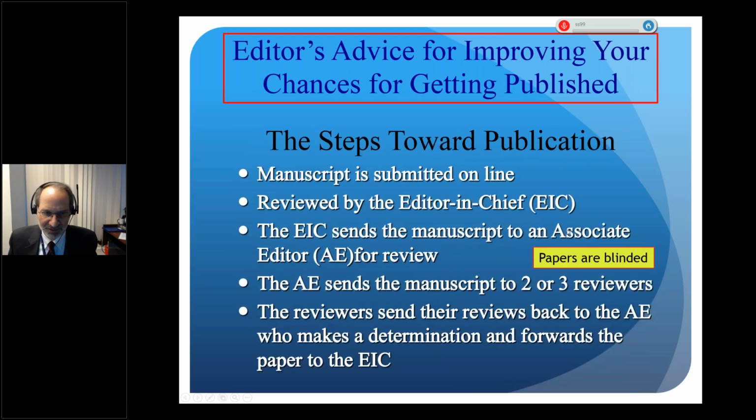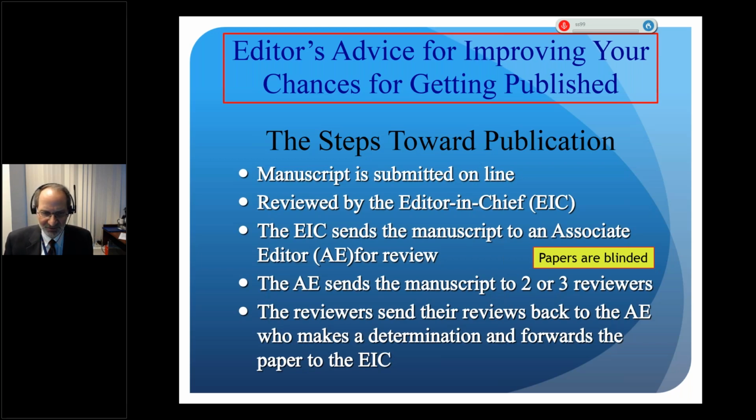So what happens when you submit a paper? It's online. It's sort of this black box. The paper goes in, and then you get messages back from the journal. Well, the papers come to me first, and I can receive anywhere from 30 to 50 papers a week. I can't read in detail every little paper. So what I end up doing is skimming, reading the abstracts, looking the papers over briefly, and doing what's called the first cut. Those papers that are inappropriate or look very poor from the get-go, I may reject.